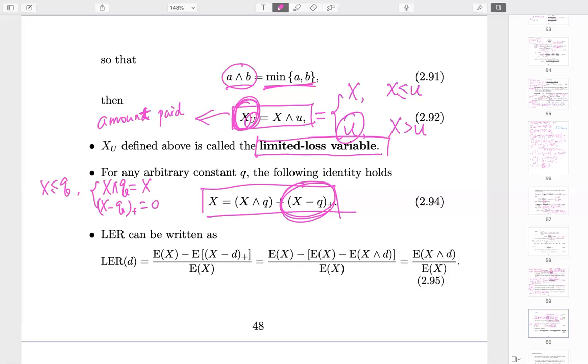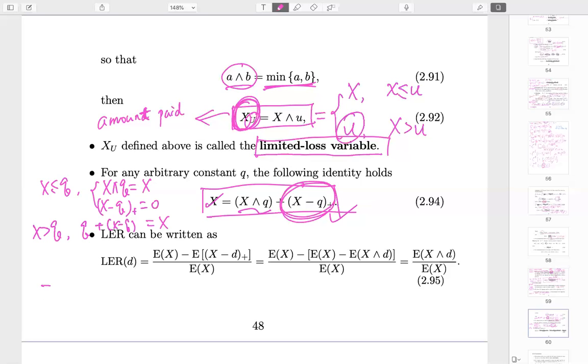Add them together, you get x. Analyze x bigger than q the same way: one gives you q, the other gives you x minus q. Again, it is equal to x. So this is an identity, which is true for any value. Okay, with this in mind,